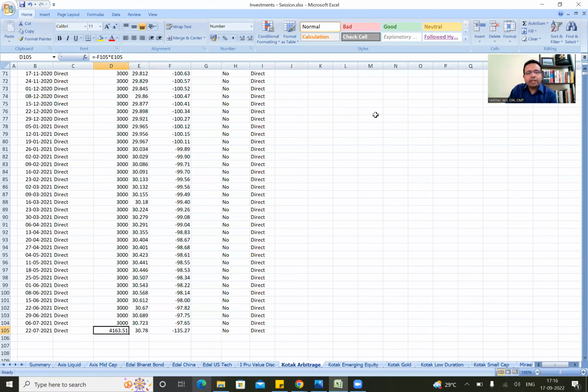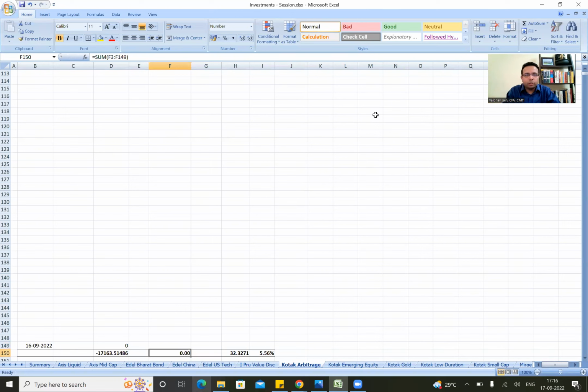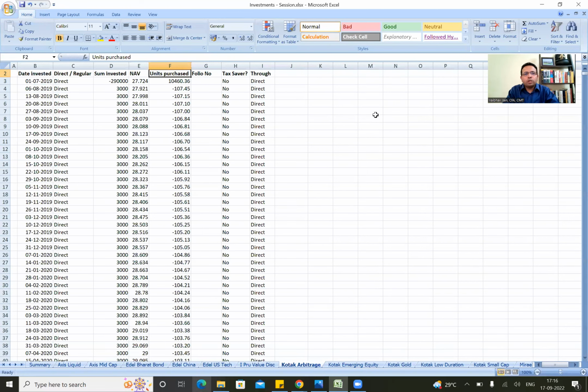Now, in the last row, when the entire fund is going out, we just look at it as whatever the sum of this has been, because this is the last investment amount going out. So total finally, what will happen is that total number of units remaining would be coming down to 0, because entire thing has been sold out. So I'll just see that I had invested 10,460 units in the first instance. After all these STPs, what will I remain with? The initial minus the